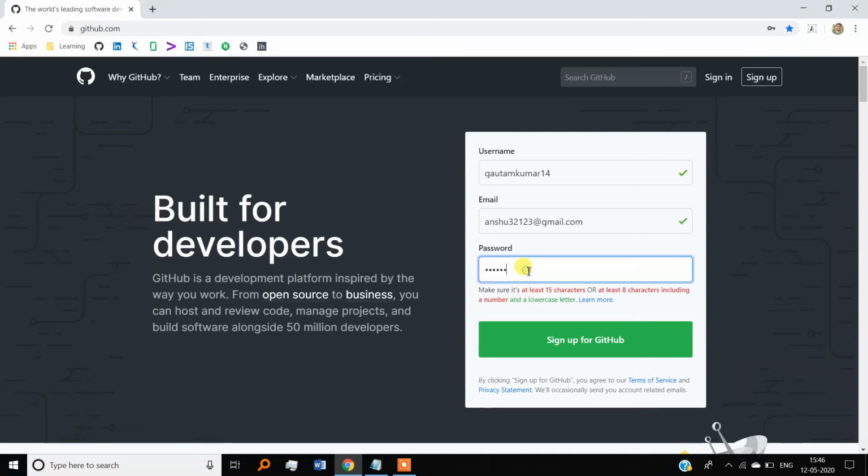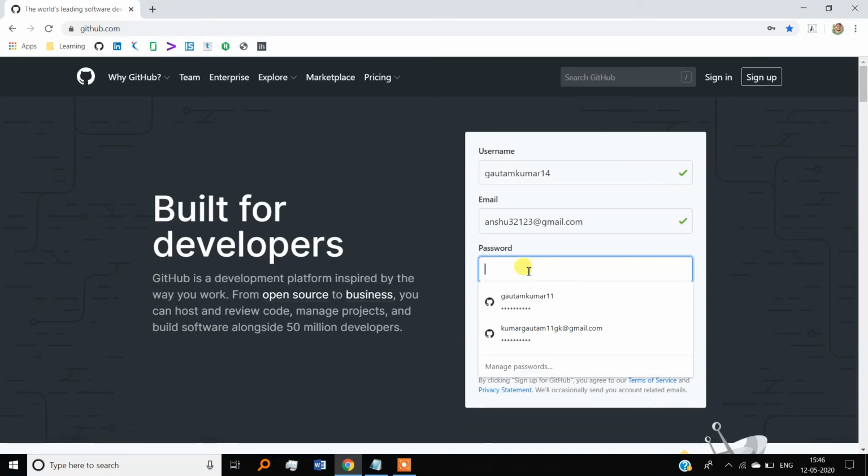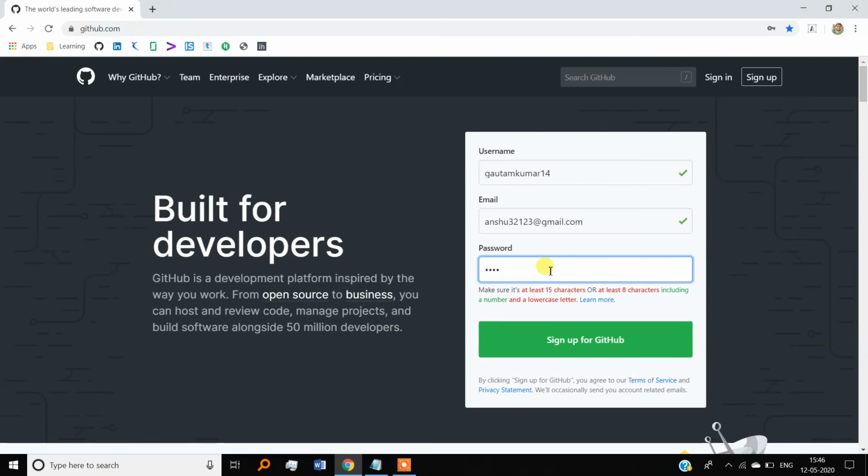So we need to keep one or two capital letters and a number, or it should be at least 8 characters, and you need to enter some lowercase also. After clicking sign up for GitHub, you will be registered for GitHub login.